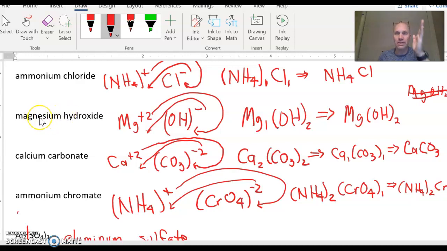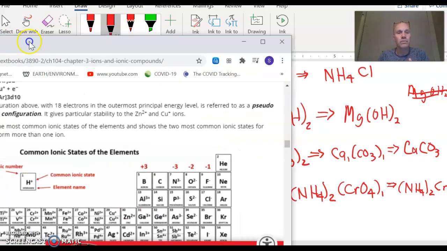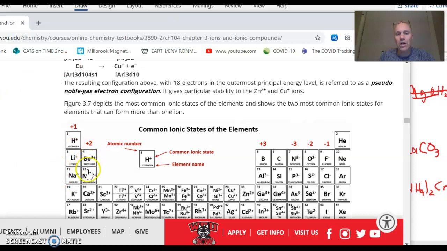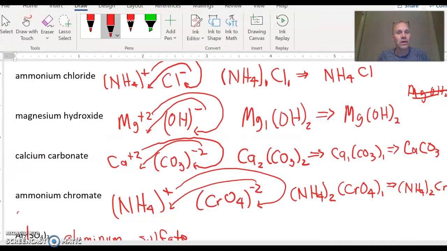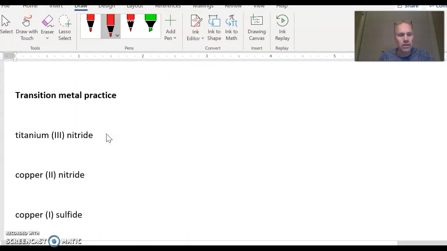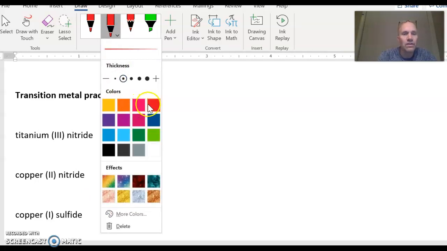Because magnesium is in that second column, and we know that in that particular column, everything has a +2 charge. But when you get to the transition metals, remember, some of them can have multiple charges. So that Roman numeral tells you what the charge is on that particular compound. All right, so the first one, titanium(III) nitride. We're going to do the same thing that we've done before,